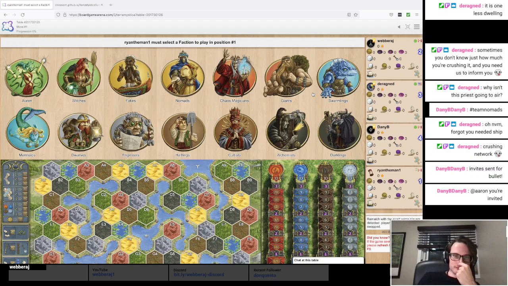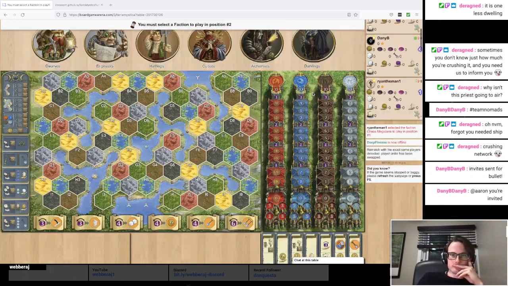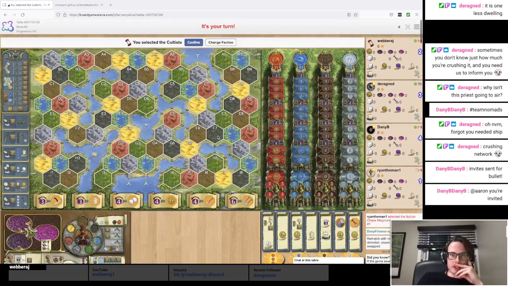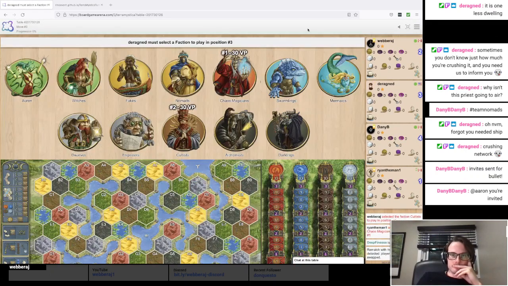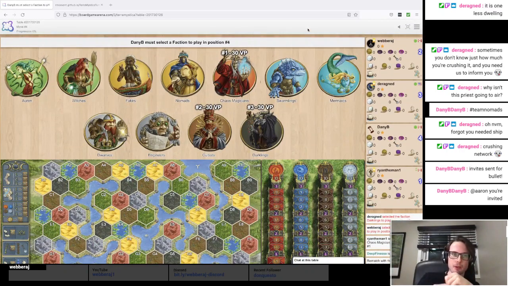We have to say it at the start, okay? Stronghold, Sanctuary. Yes, there we go. Stronghold Sanctuary. He picks chaos. The faction that never wants to build their stronghold. No, I'm not building a stronghold or a sanctuary if I get cultists, that's for sure. Oh, I'm supposed to because of the stupid...